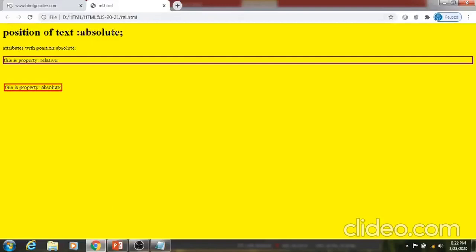For the heading we have not applied any properties, and for the paragraph we have taken a border of some color. This is the next text, where we have applied the property with specific positions. After the text it is not displayed immediately, so it goes to some location. So this is how we can use the absolute property.